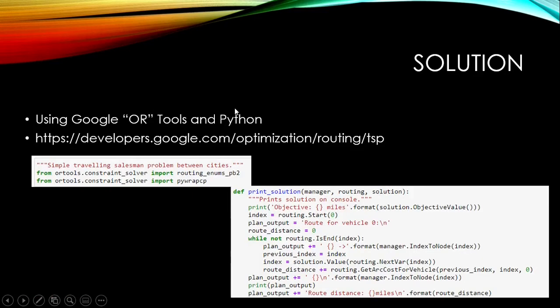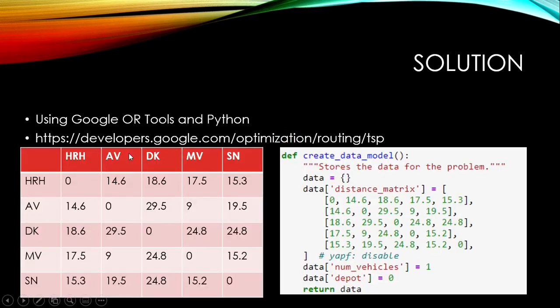Now I will use the Google OR tools and Python codes to obtain the optimal solution to our phlebotomist problem, which is similar to traveling salesman problem. These are the Python codes. These are obtained from this Google site. So this is the input matrix, and we modify the data input code using this input matrix.